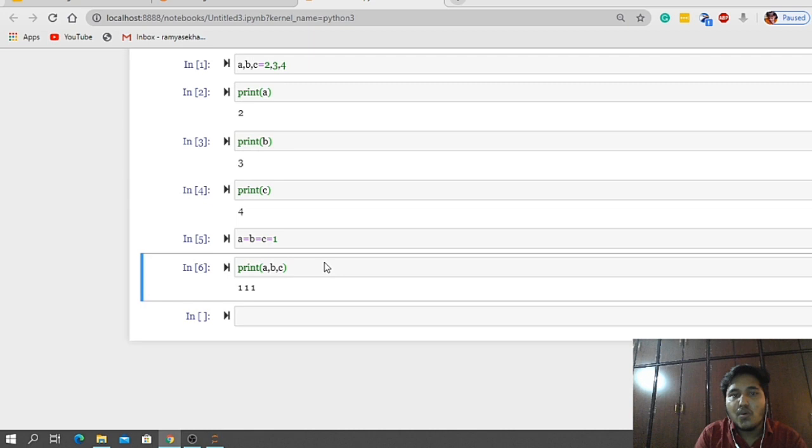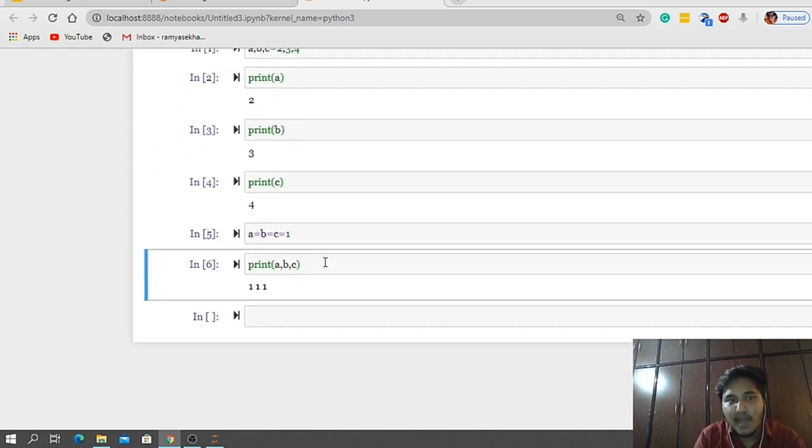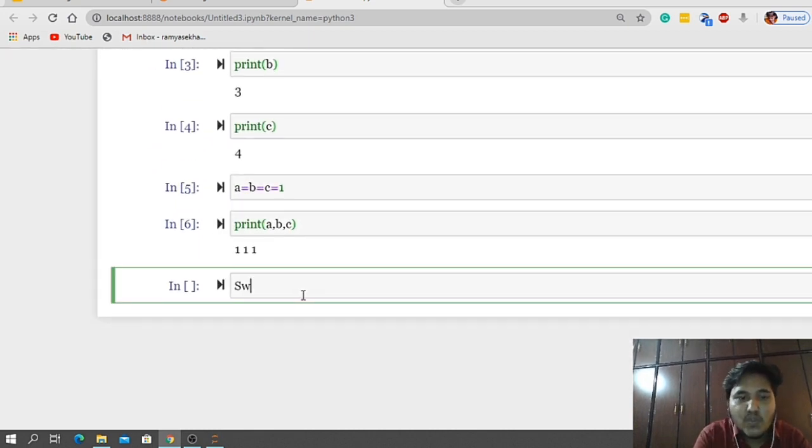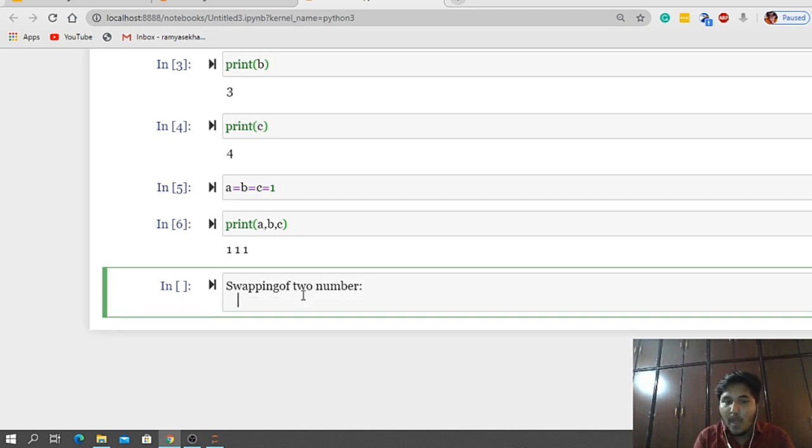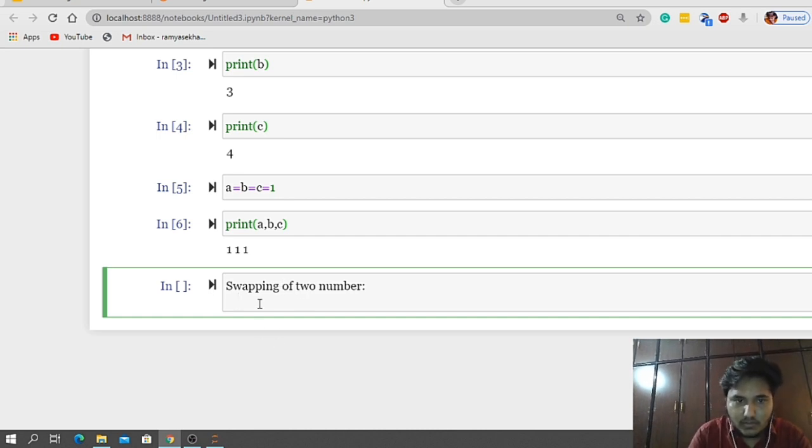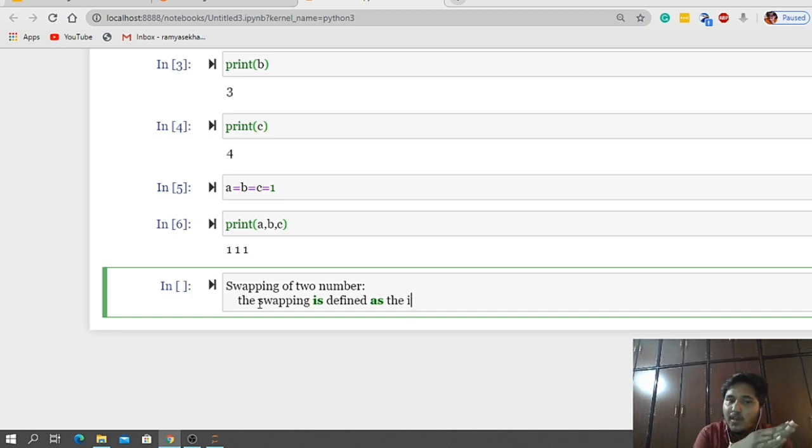Now let me tell you one program regarding these multiple assignments. That is swapping of two numbers. This is one program. Let us talk about what exactly swapping is. Swapping is defined as exchanging the values of two numbers, or interchanging the values.